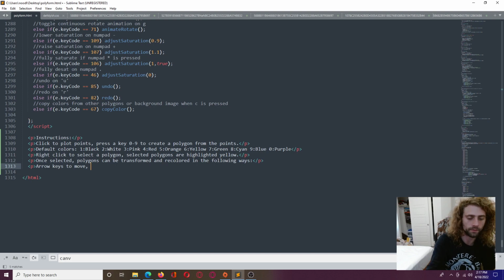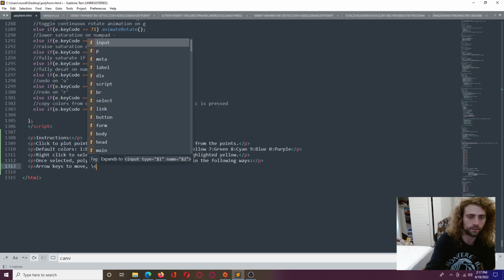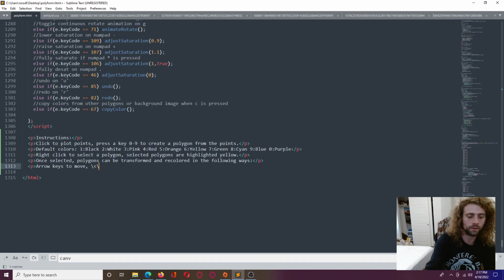I have to escape character those. Less than, greater than keys to rotate